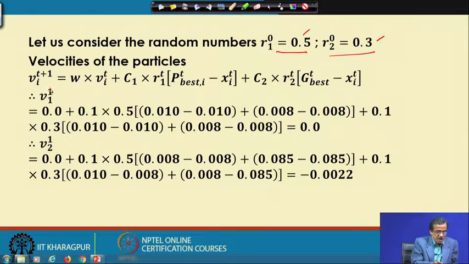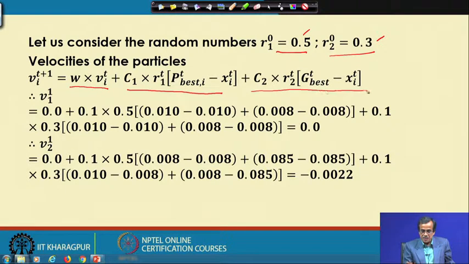Now, V i with respect to t plus 1, where t plus 1 indicates the next iteration, is nothing but W multiplied by V i with respect to t, plus C 1 multiplied by R 1 t multiplied by p best comma i with respect to t minus x i t, plus C 2 multiplied by R 2 with respect to t multiplied by g best with respect to t minus x i t.